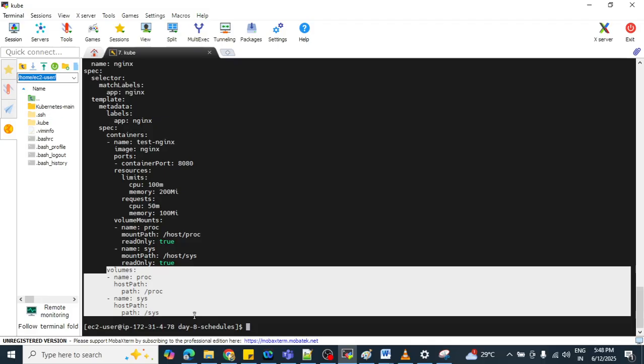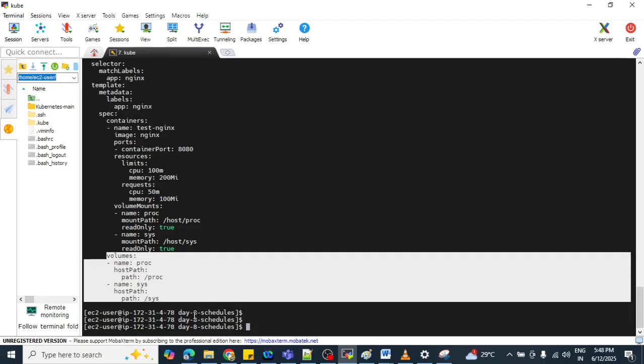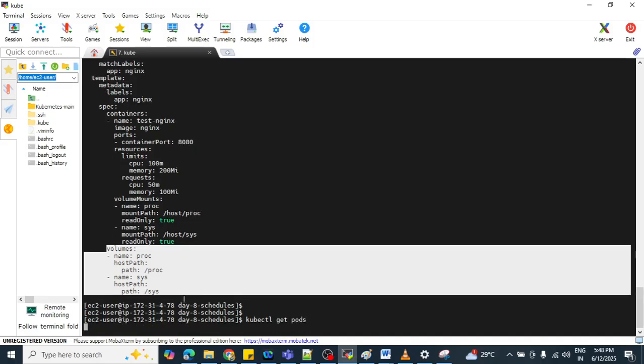Daemon set is another controller that manages the pods, like deployment, replica set, stateful set. It was created for one particular purpose. It ensures that the pod it manages runs on all cluster nodes. So the pod is going to be scheduled on all available nodes. If you have three nodes, the same pod is going to be scheduled on all three nodes.